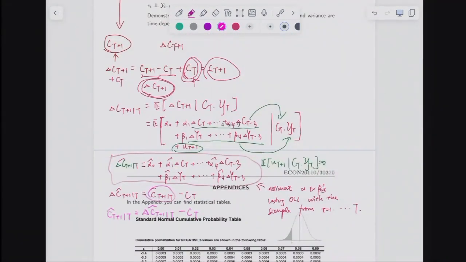Okay, so the key is to construct the one step ahead forecast for the change in log consumption. Then we'll be able to recover the one step ahead forecast for the level of log consumption. And the question asks, considering your findings in part D, suggest a competing forecast model that could potentially achieve a smaller MSFE. So in part D, we failed to reject the null of no Granger causality. Then essentially,